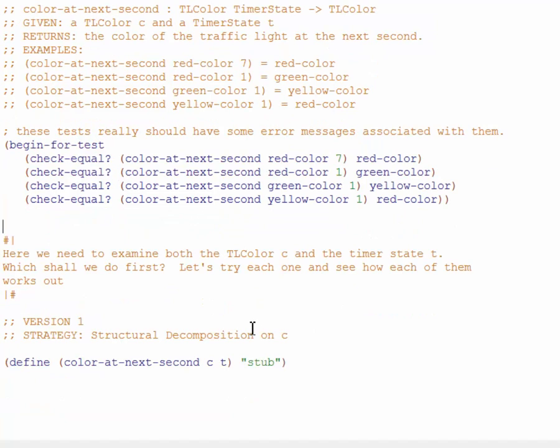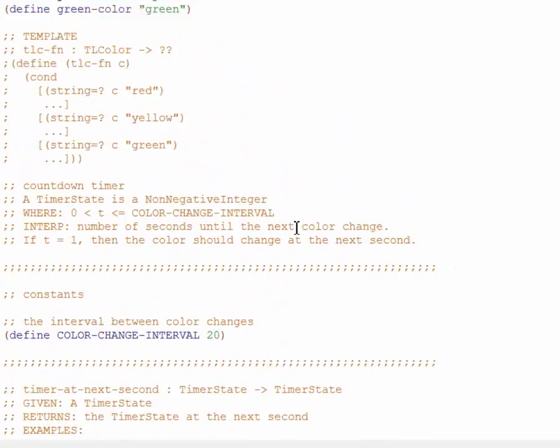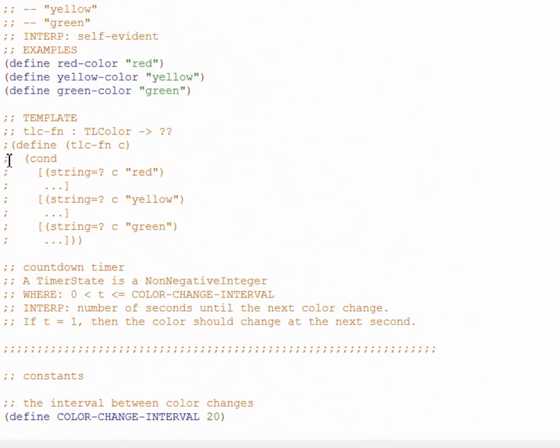So it's clear that in order to solve this problem, we need to examine both the traffic light color and the timer state t. Which shall we do first? Let's try each of them and see how each of them works out. So in our first version, we'll do structural decomposition on the color C. To do that, we will go pick up the template for color,